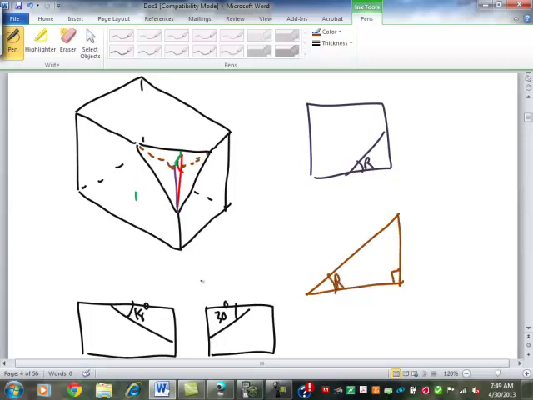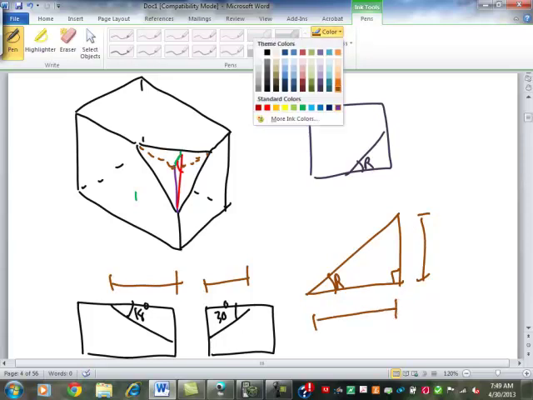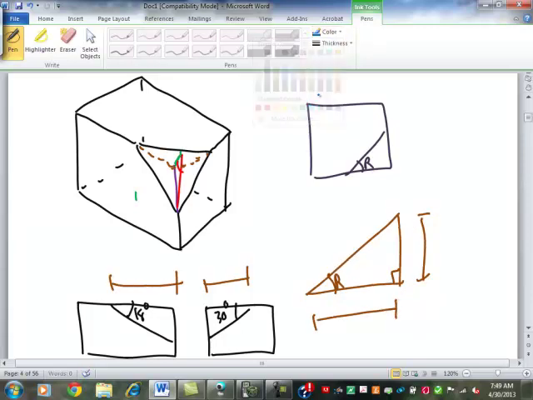To find r, I need to know these dimensions, this dimension, which would be the same as the dimension here, and this one, which would be the same as the dimension here. Here I gave you no thickness. Since I gave you no thickness, we can guess whatever we want to. We'll call it 10 millimeters. Make it easy on ourselves. So if I call this x and y,